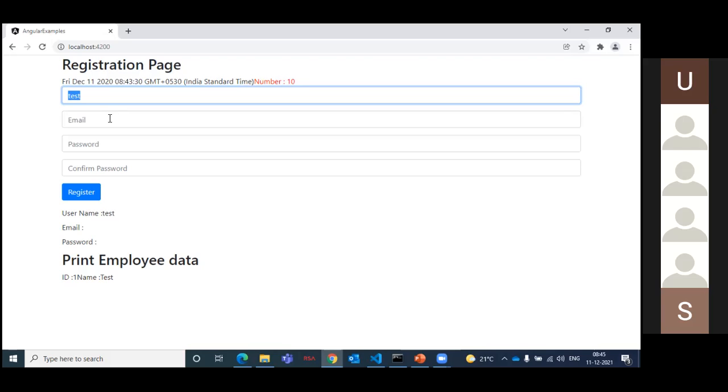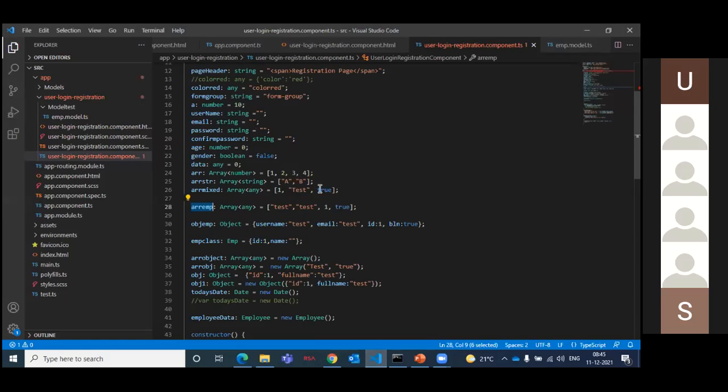If I say 10, it is what type of data? Number. Number, correct. So if you have 20 controls, are you going to define 20 variables? Or if you have 10 controls, you need to define 10 variables. So to avoid that, we have the array. Array is a collection of data, which you can store in a single line.